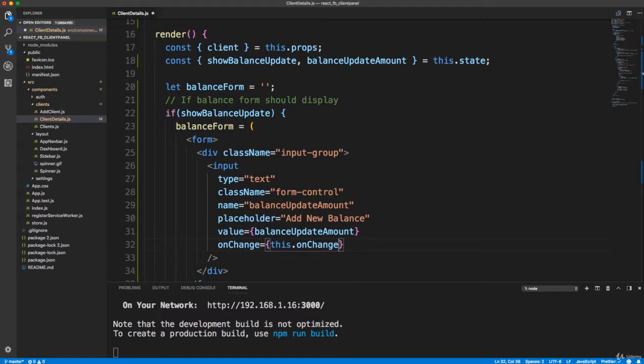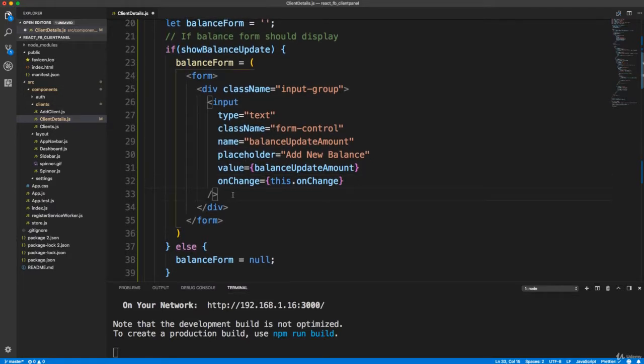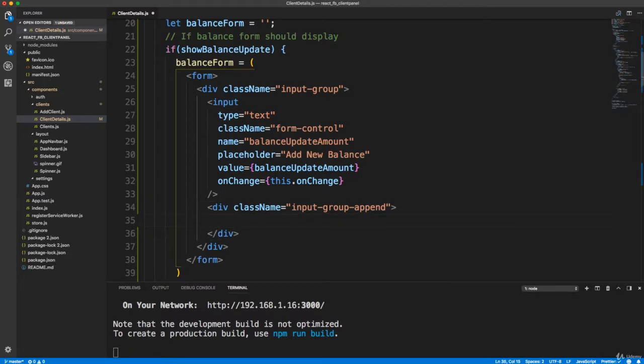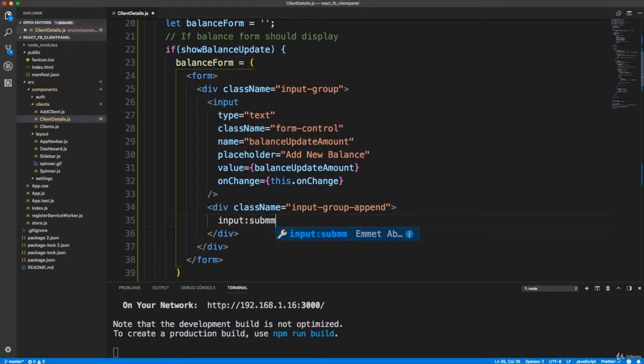So let's see what else we want here. We want the button, but we want it attached in the input group. So we're going to go right under the input and put a div with the class of input-group-append, like that. And inside here, we want to put our submit button. So it's going to be input with the type of submit. Value will say update, and className will be btn, btn-outline-dark, not sarc, dark. Okay,